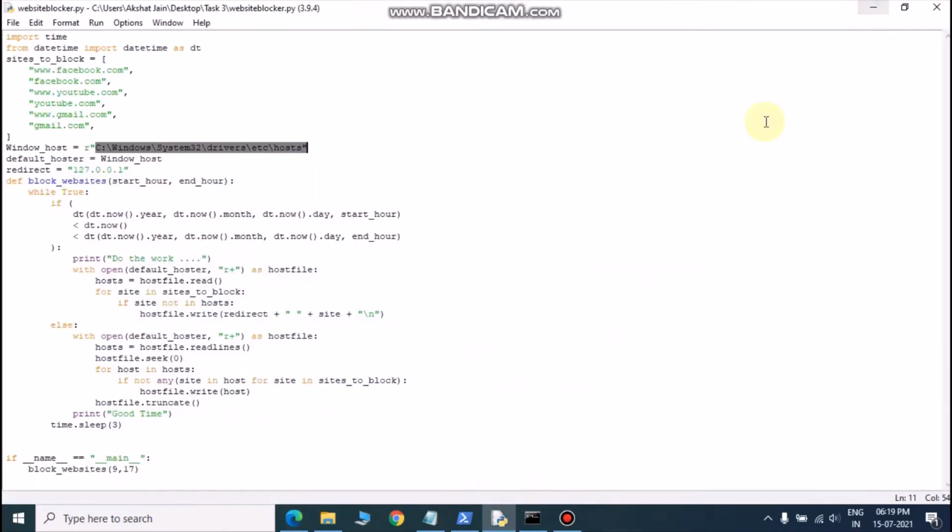So basically, you will face one error while running this file, that is permission denied. That permission denied error will be due to this path. The host file is present in the Windows System32 folder, and Windows doesn't give you the permissions to write or rewrite any of the files present in the System32 folder. So if we want to make any changes in the host file, then we must change the settings of the permissions so that it allows us to write and rewrite again and again in the host file. There are various ways to do that, and I am discussing one of the methods.